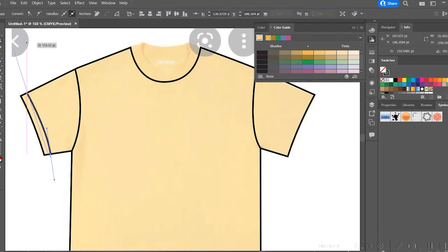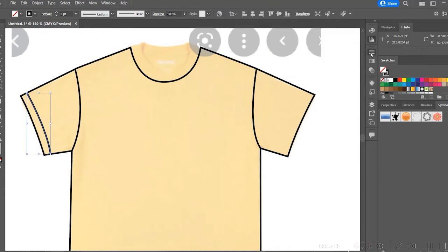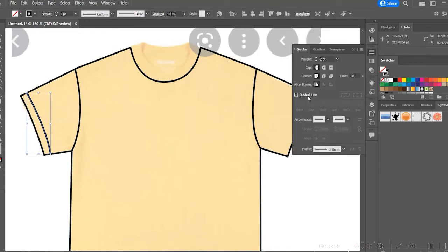Make that a nice curve. Click. Okay, now I'm gonna make it a dotted line. Let's see here, I'm gonna go to stroke. I'm gonna expand that, and I'm gonna click dashed line. And I think I want it to be, it's kind of a big dash. Let's try 5 and 5. So you're controlling both the gap and the stitch point. I think that's fine. And then I'm gonna make this a 1, because we're actually gonna do 2 right next